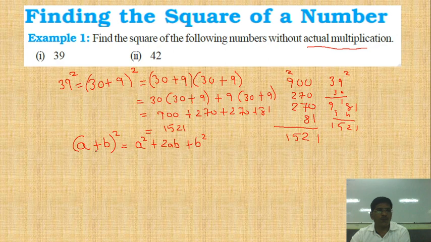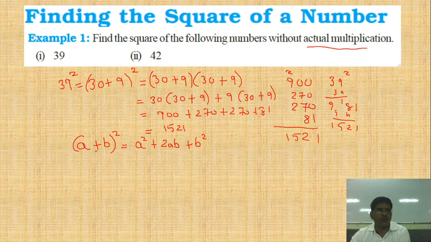So I will just write the formula and put in a value. Again 900 plus 3 sixes are 6, 6 nines are 54, 540 plus 9. If you add it, we can get 1521. So two sums are there. Out of it, one sum I have completed here, and now let us try the second.